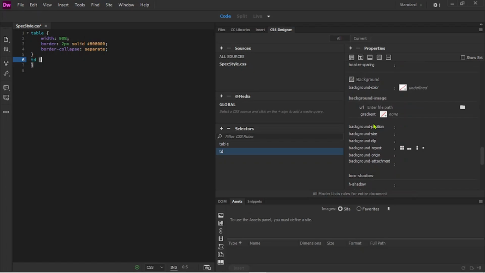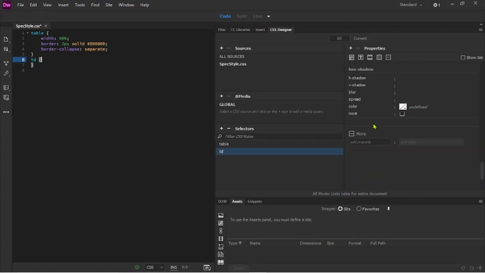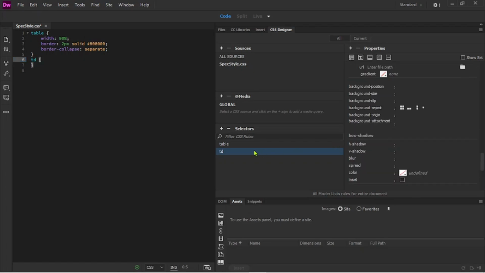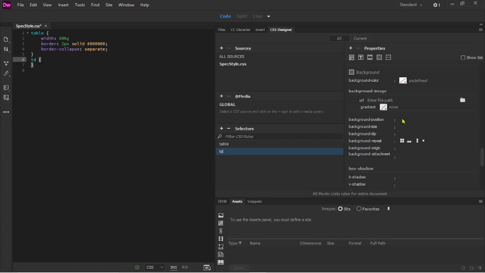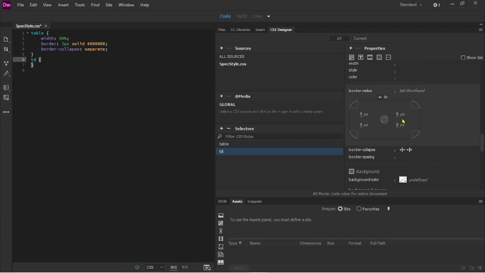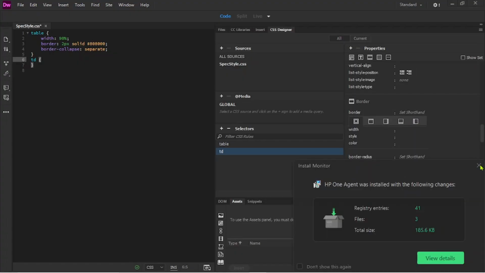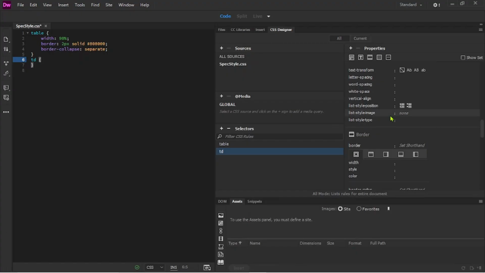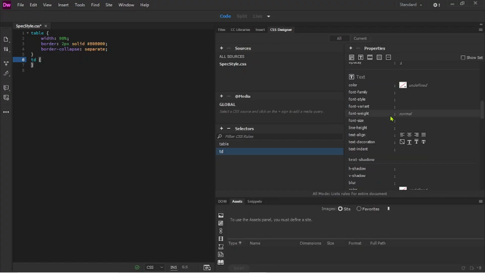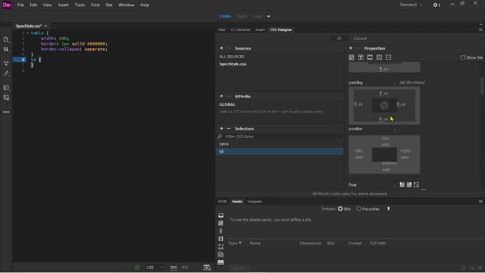Padding. Border radius. TD. Yeah, I'm looking for padding. There should be padding somewhere here. I thought I saw padding. Okay, here it is. The padding,